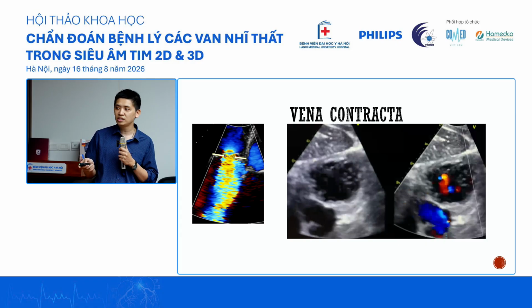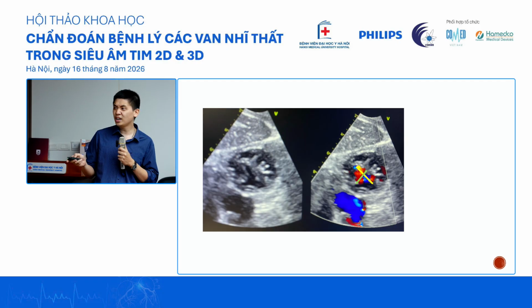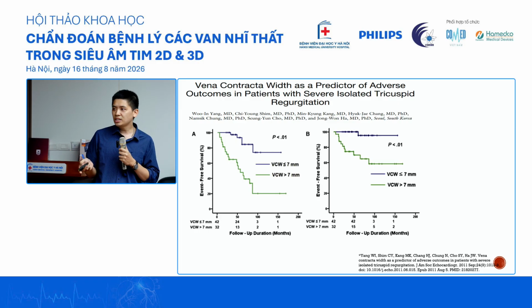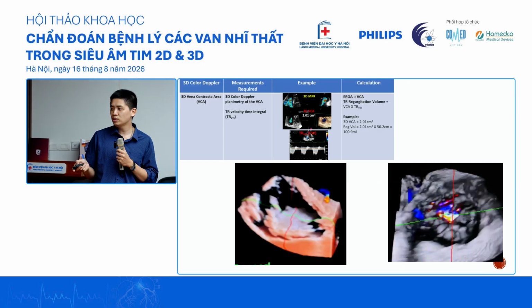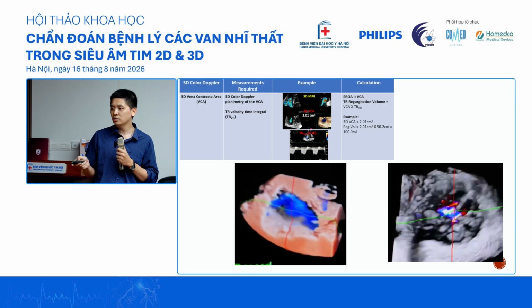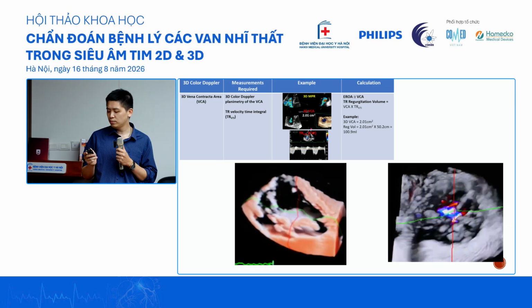The vena contracta assumes a circular shape, but on the en face view you can definitely see this is not a circular structure at all. This is anything but a circular structure, and depending on where you cut the line, it could be very different. But should we trust the VC then? The research has been done. If you take the cut point of 7 millimeters, if it's over 7 millimeters, it usually relates to prognosis, and you probably should do something about the tricuspid regurgitation. This is where 3D could come in. We could determine the 3D area of the VC with the help of 3D imaging.